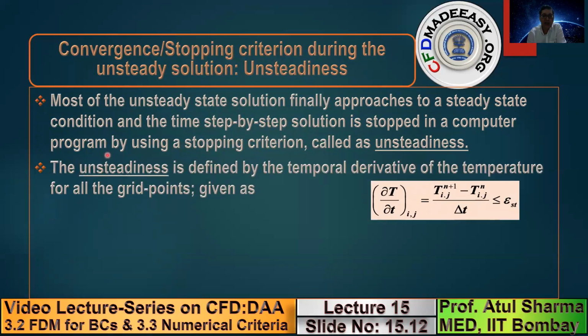So this unsteady term, which we check whether it is going to 0, is defined by the temporal derivative of the temperature at all the grid points. What I'm basically trying to say is that once you have data for the temperature distribution, you compare the data of the present picture with the previous picture for the respective points, and you want the difference of the temperature at the respective points to approach 0.